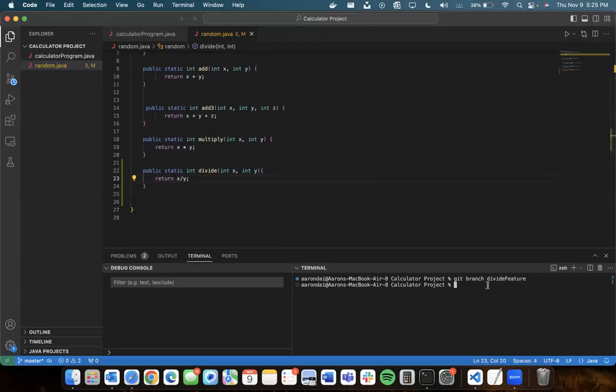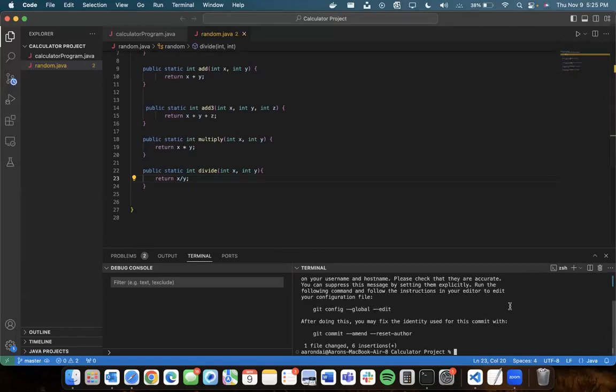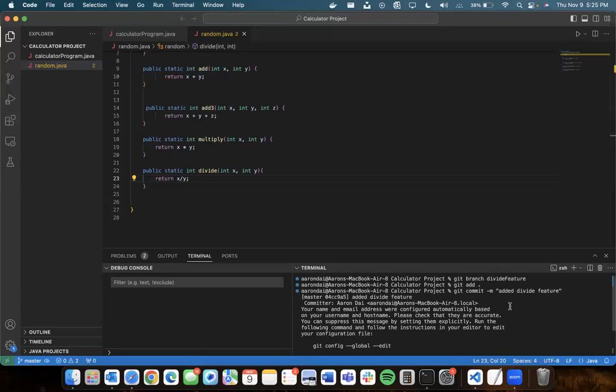And now if I wanted to add these changes to the branch or save the progress, I would do git add, but I'm just gonna do period. And this, like I said before, would just add all the changes to it. And to commit the change, I'm gonna do git commit dash m, and then put a message like I added divide feature. Okay,